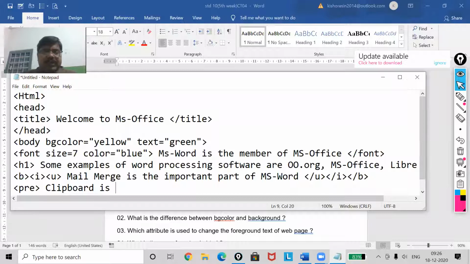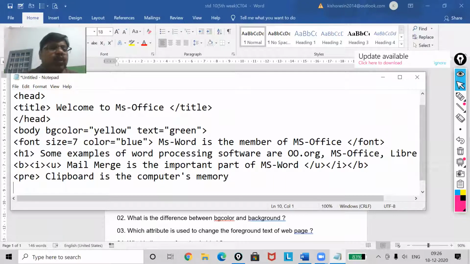Clipboard is the computer's memory. Now I want to go to the next line. I will write here, we can create table in MS Word.